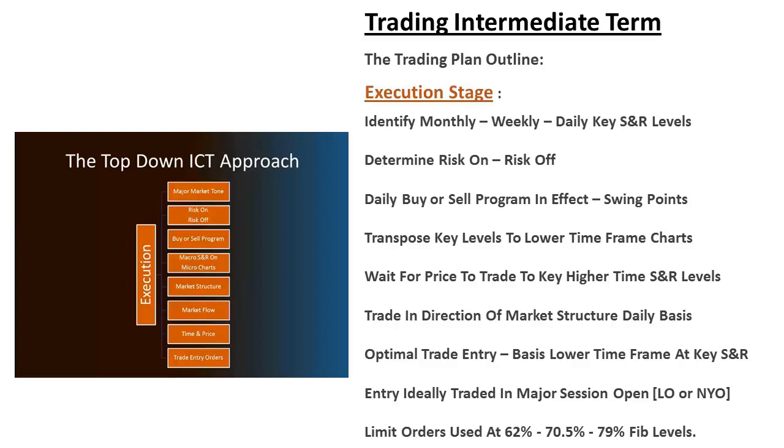Okay, so the plug and play aspect here is you can use any entry pattern that you want, but it has to be in conjunction with the things that we've already discussed so far. Okay, entry ideally should be traded in a major session open. Obviously I don't have it here. Asia could be one. London and New York open are good because they're just good times to be trading higher time frame setups for the fiber and cable.